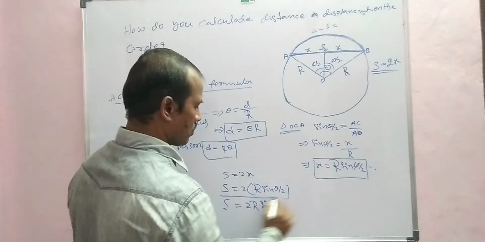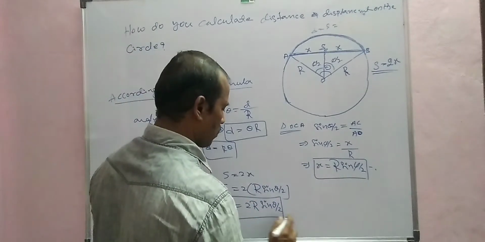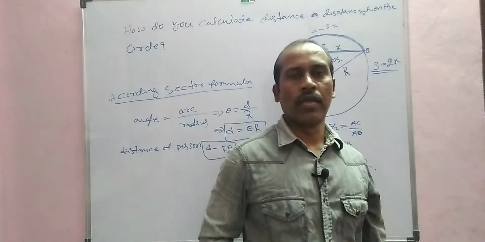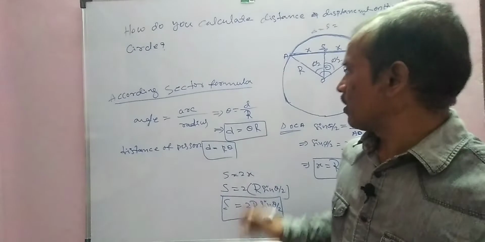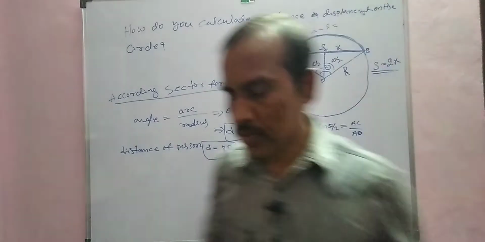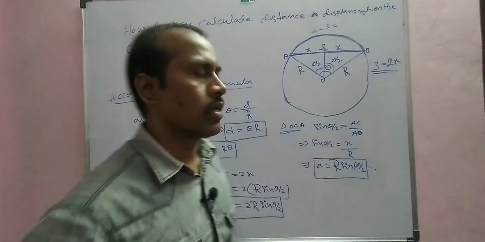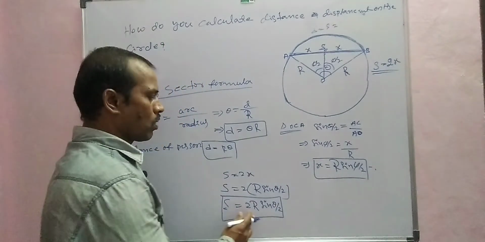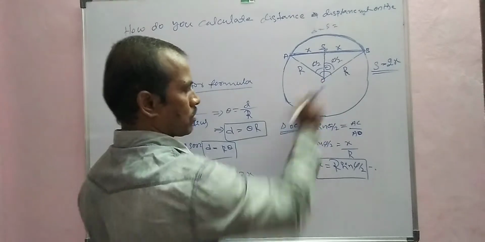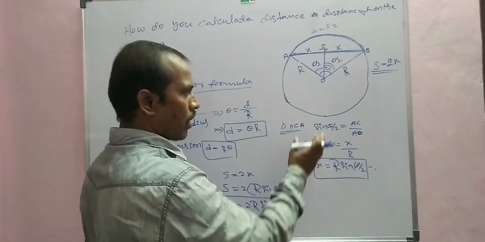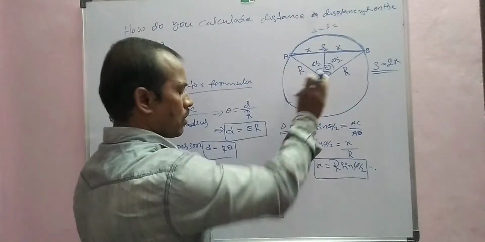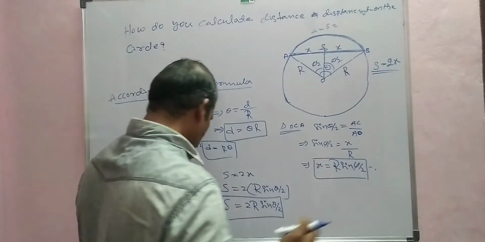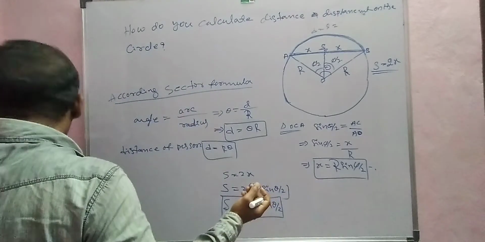This represents the displacement of the person on the circle. It tells us the formula for the displacement when a person travels along a curved path. So the displacement S is equal to 2r sin theta by 2. Here r means the radius of the circle, theta is the angle subtended by the person at the center, and S is the displacement of the person. Now, for clarification, some examples and applications.